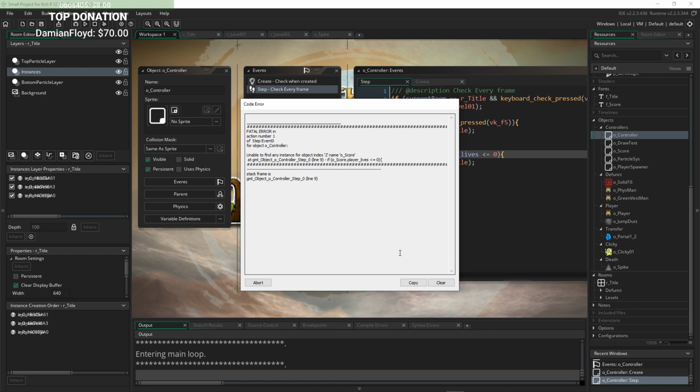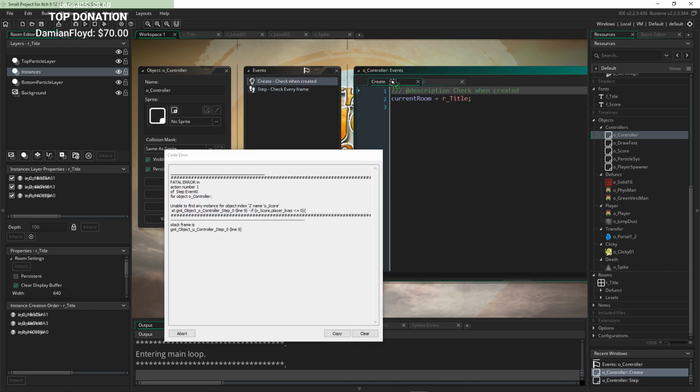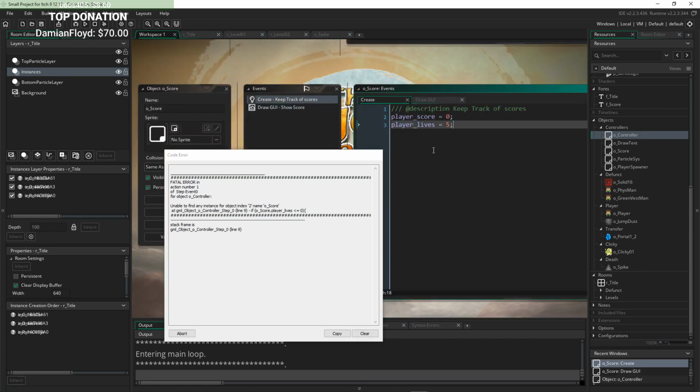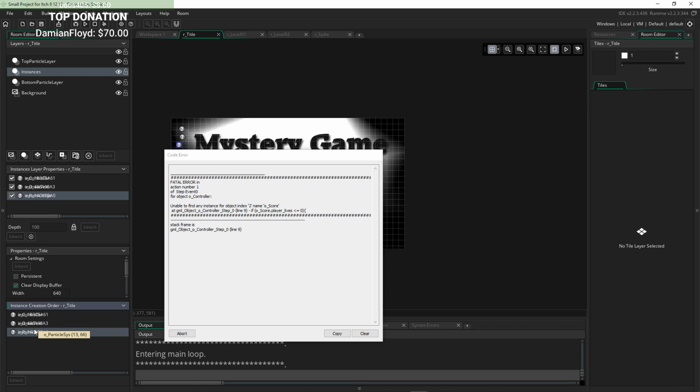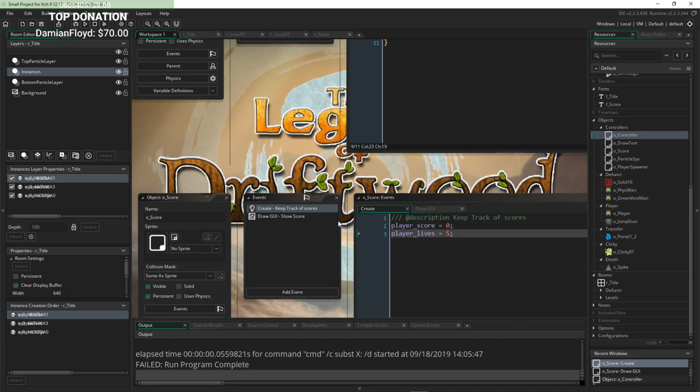Does player, okay, how did I spell it? Player underscore lives. On the create, it's not here. Wait. On the create, player underscore lives equal 5 is defined. So it's trying to look for it before it's created. The score doesn't exist in here. So that's the problem. I can't put that code on the controller because the controller is being called before the score is being called, which is fine. I'll just change that so that...